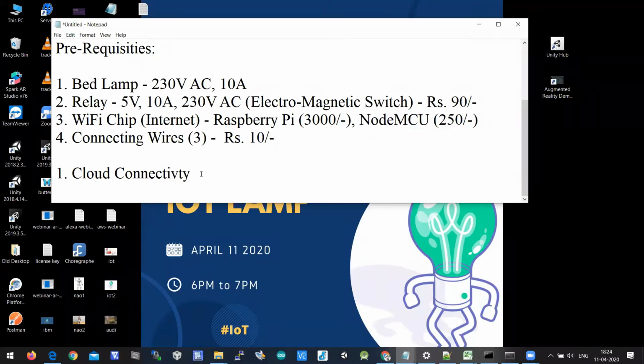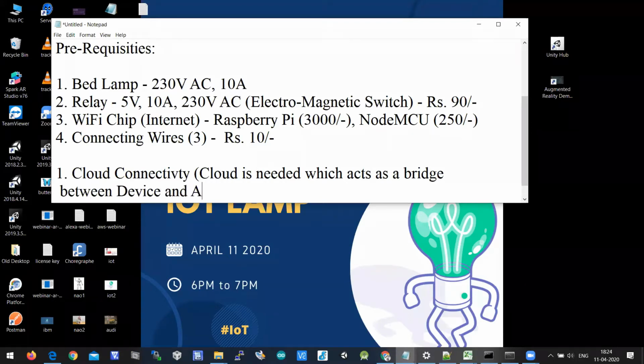Cloud connectivity is needed, which acts as a bridge between the device and the mobile application.